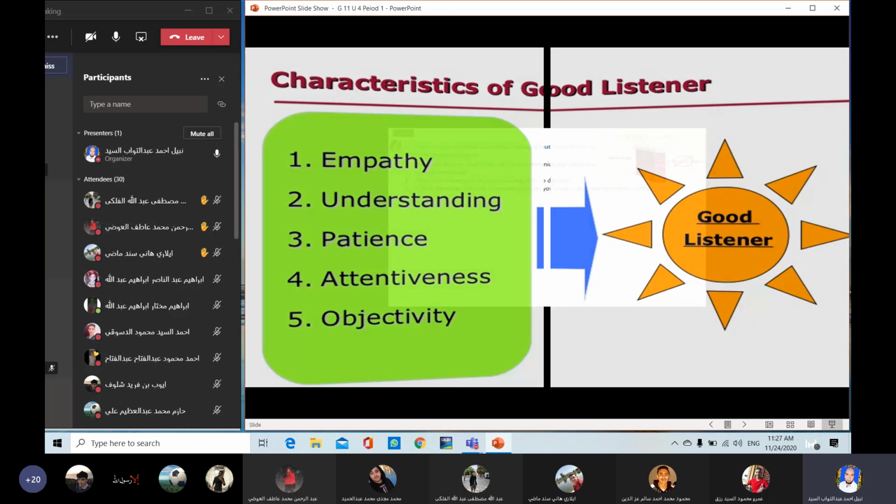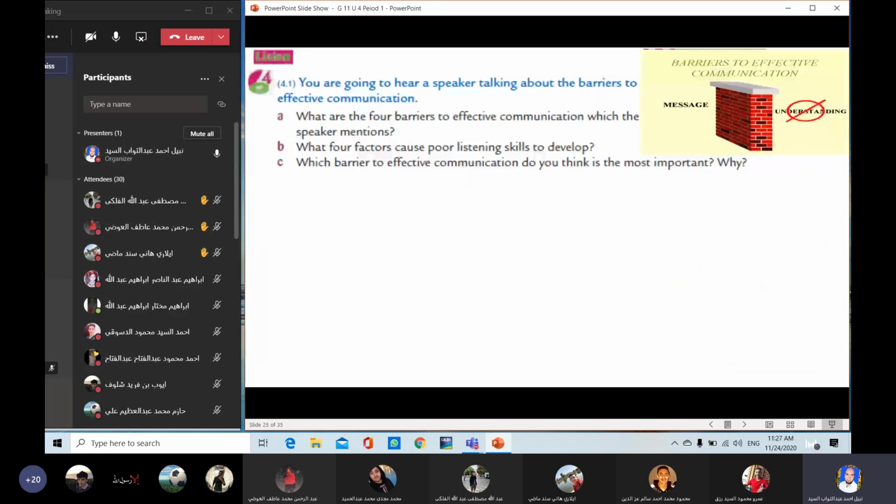Now we are going to practice listening. You are going to hear a speaker talking about the barriers to effective communication. Barriers means something which stops effective communication. Barriers, obstacles. What are the barriers to effective communication? The speaker is going to mention four barriers. What are the 4 barriers to effective communication which the speaker mentions? You are going to pay attention to these 4 obstacles, these 4 barriers that stop effective communication or can hinder